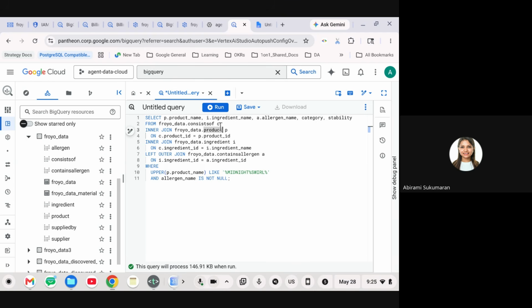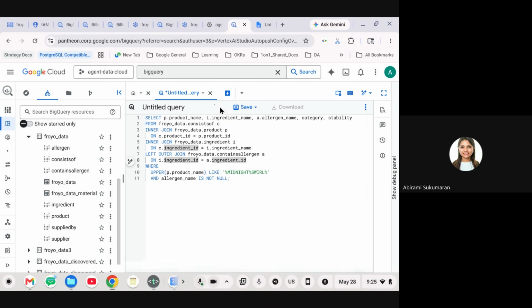In our case, the tables that were generated are product, ingredient, allergen, supplier, supplied by, consists of, contains allergen, and the allergen itself, which is a lookup table. We don't have to go into all the columns, but if you want to, you can look at the CSV, the BQ commands that you ran. It has the column names and data types. If not, you can just query these tables.